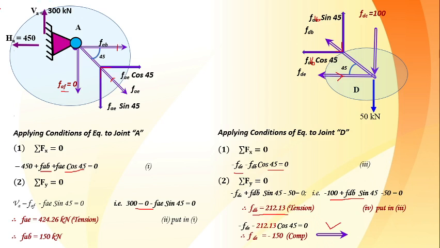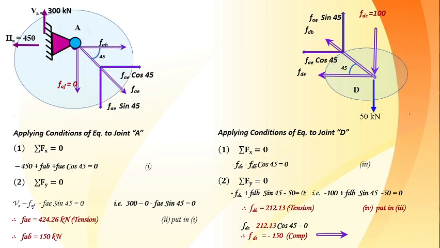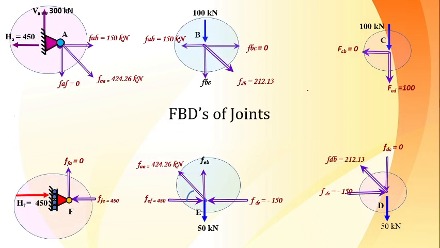So with the analysis of joint A and joint D, again we have solved for the four unknowns at joint A and D. After finishing with this, what is to be done? Whatever values we have found out, whatever magnitude and direction, in this analysis of joints A and D, all these values are to be transferred onto the basic figure. Here I am showing all these as isolated, but we have a single truss after joining all these various things. There you have to show all these found forces. Whatever you can see in red color has been found out.